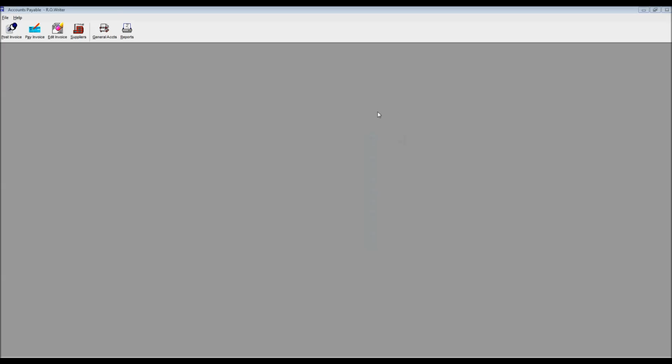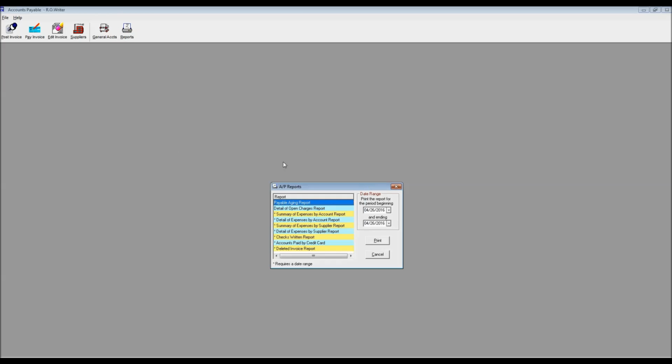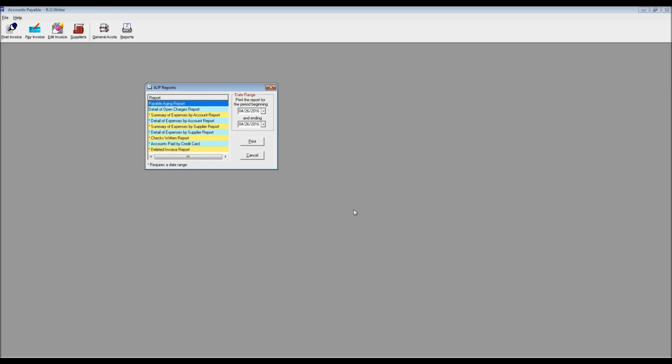Last piece that we've got in accounts payable is this icon over here that says reports. I'm going to pick up the reports window. We get in there, there's about 7 or 8 different reports specifically related to accounts payable. We won't go through each one individually. I'm going to give you the same encouragement that I've done with other modules if you've watched around, and that is if you go up to the Help menu, and especially with version 1.31, the current release version,